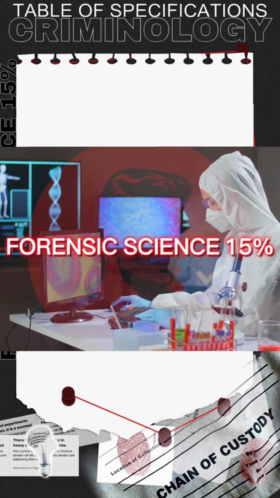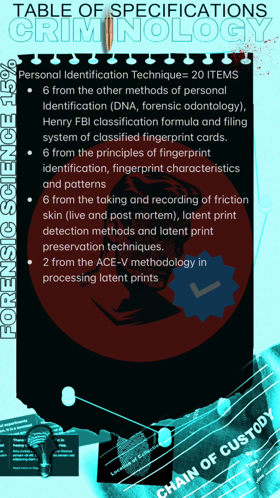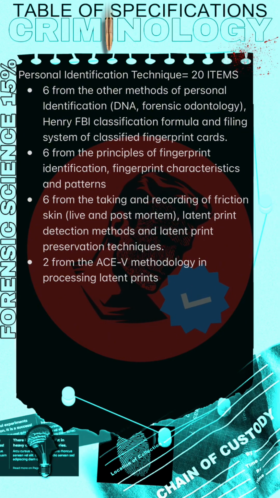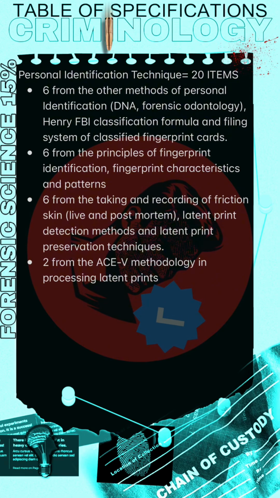Forensic science area, 15%, personal identification technique, 20 items. 6 from the other methods of personal identification, DNA, forensic odontology, Henry, FBI classification formula and filing system of classified fingerprint cards. 6 from the principles of fingerprint identification, fingerprint characteristics and patterns. 6 from the taking and recording of friction skin, live and post-mortem, latent print detection methods and latent print preservation